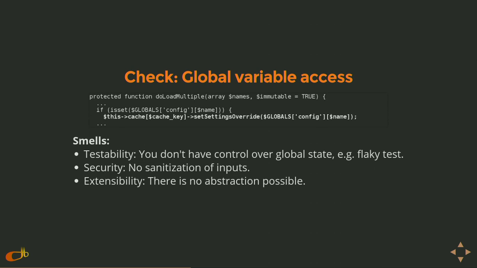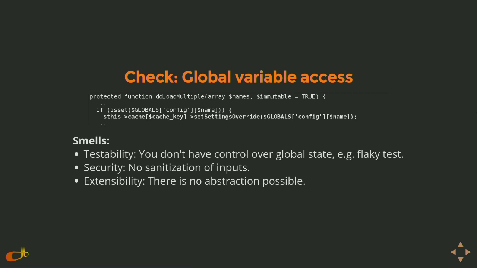So let's go through a couple examples. And I'll pause in each one. If you have any questions, feel free to shout them out. But let's go back to that first example of global variable access. If you're using a global, it's hard to test because you have no control over the global state. So let's say when you set up this class and you execute do load multiple, which is probably going to be accessed through another public method,